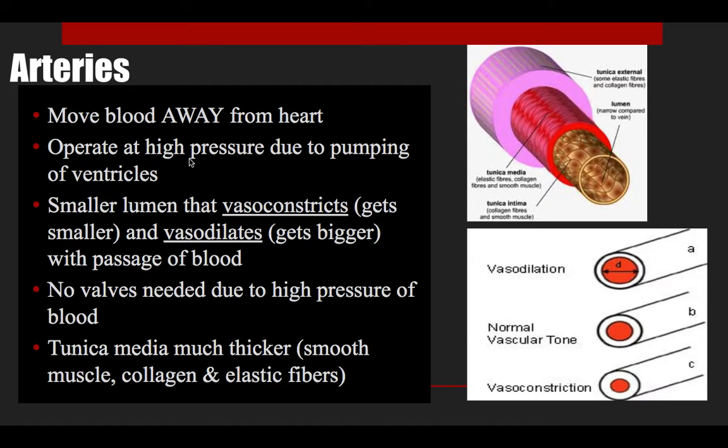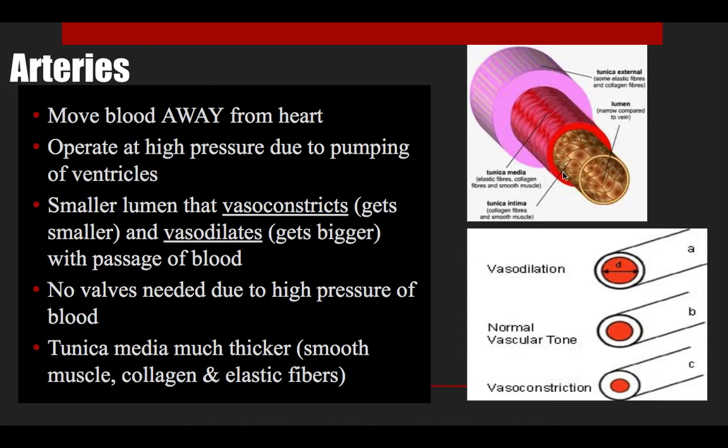And then as the blood passes through all of your cells and delivers water and nutrients and things like that, then the pressure lessens. You do have a smaller lumen, and on top of that, the lumen can be constricted by a process called vasoconstriction. Vaso meaning vascular or blood vessel, and constrict meaning it gets smaller. It also can be relaxed, so that's called vasodilation. Dilation meaning it gets bigger. And there are different things that can cause vasoconstriction and vasodilation, but the primary one is activation by the